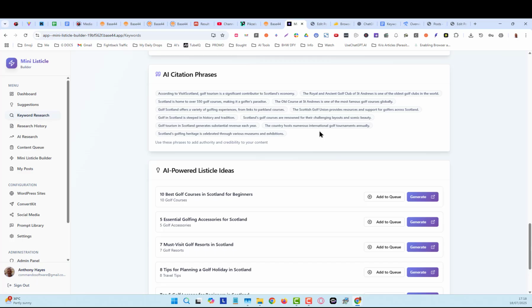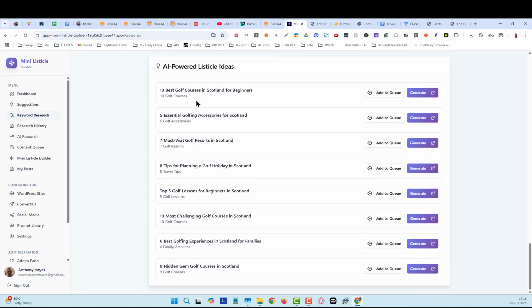These are phrases that you want to include to be able to get mentioned with the LLM models like ChatGPT, Perplexity, Copilot, etc. And here as well, we've got AI-powered listicle ideas. And you can simply click and add to queue any of these. So when we go into content queue over here,